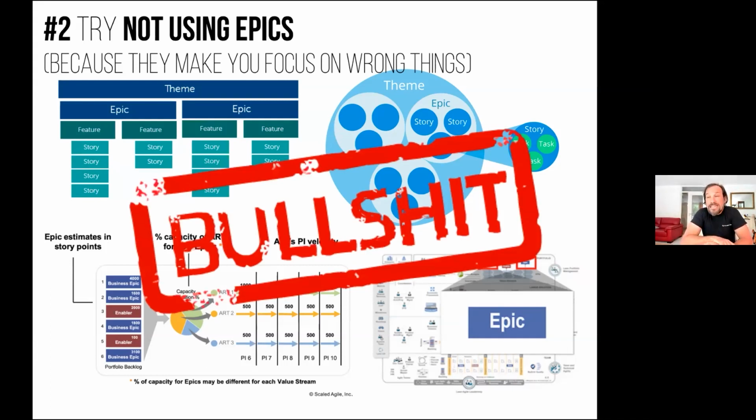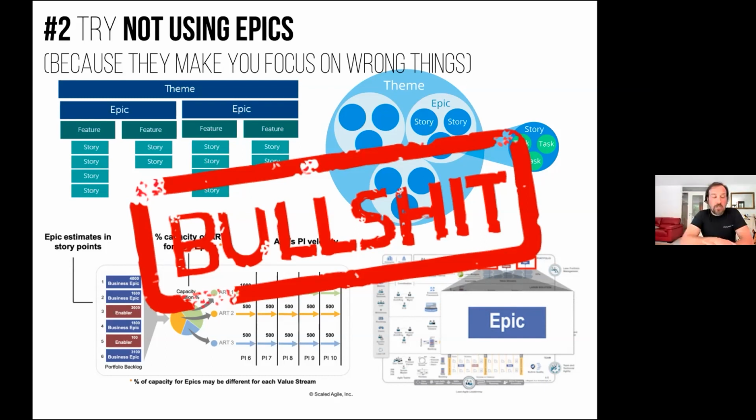If you need to group something, you can use a theme. I'm currently working on a user story related to the payment theme, and then the payment theme becomes just a grouping. And that should be enough for your backlog. But epics,